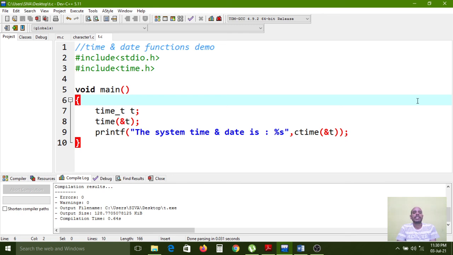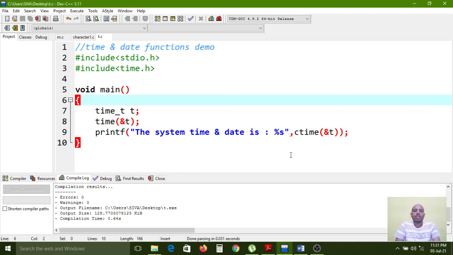This is a completely Linux related editor and compiler. Internally it is using the GCC compiler, which is related to Linux OS. Nowadays all C compilers come with GCC only. That old file is deprecated, deleted in the current versions and editors. So that's why it is very important to know about the time.h header file.